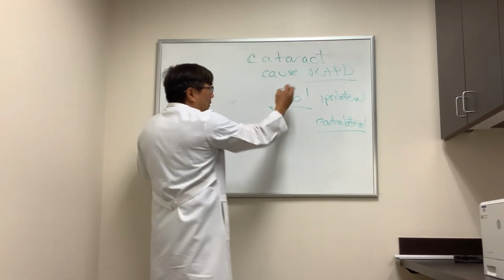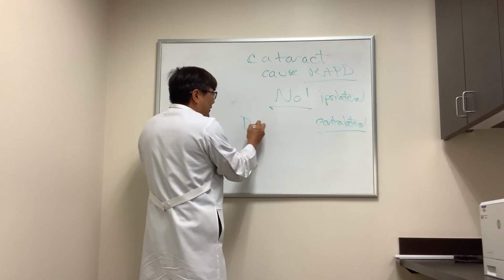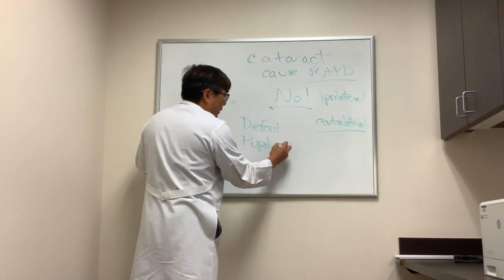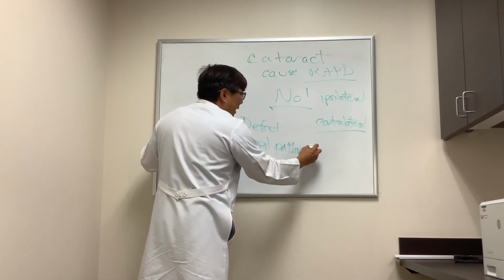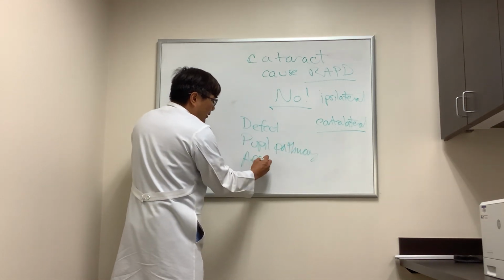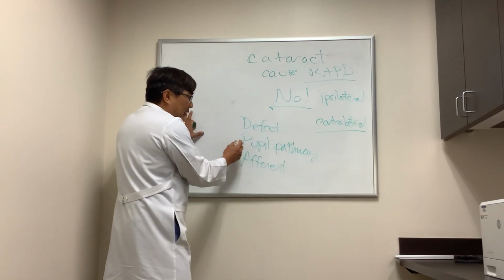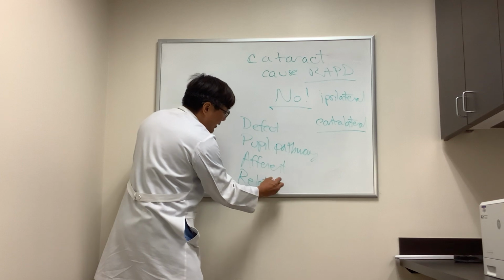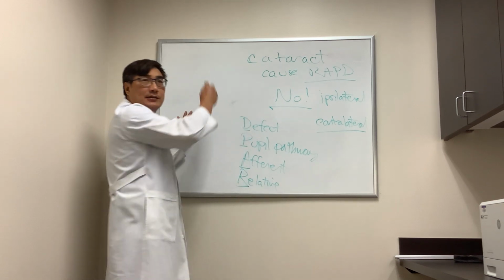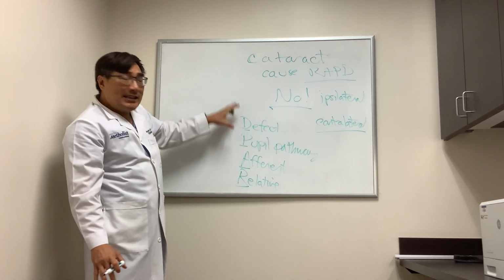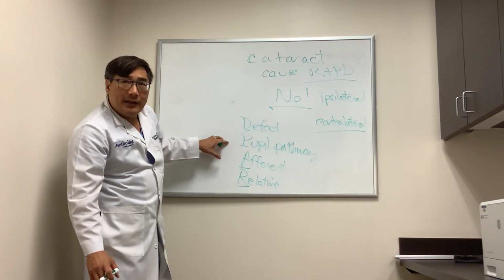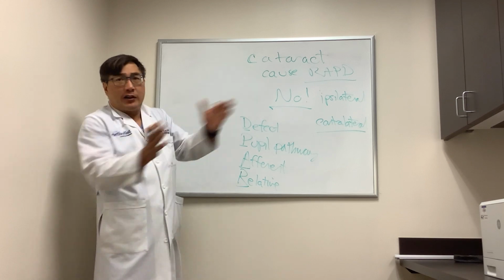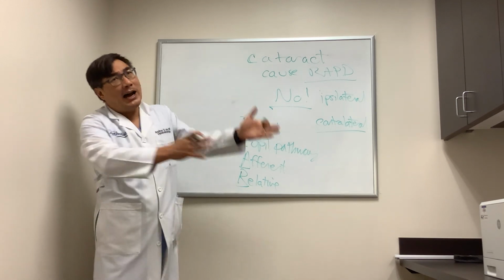RAPD. An RAPD is a defect, D, in the pupil pathway, and it's the afferent side of the pupil pathway. And so you have a defect in the pupil pathway on the afferent side relative to the fellow eye. And so that is what RAPD means. Because the lens is not in the pupil pathway, you cannot get an RAPD. So you cannot get an RAPD if you're in front of the pupil